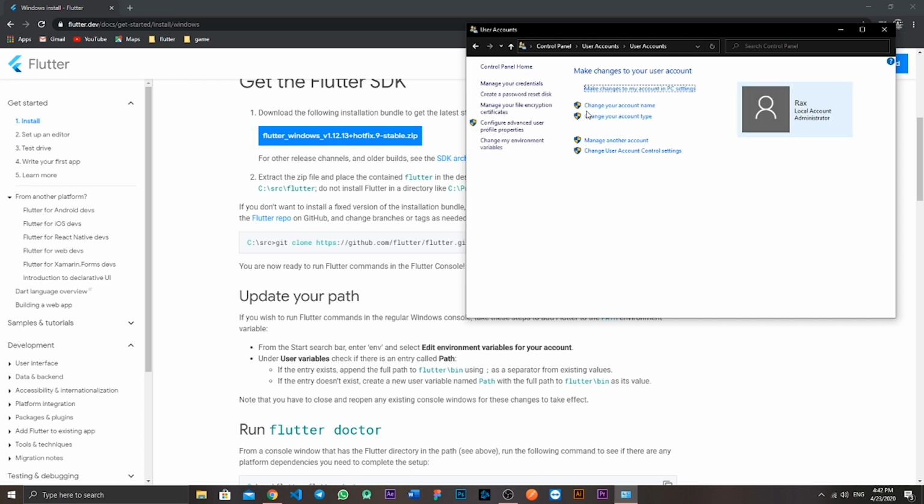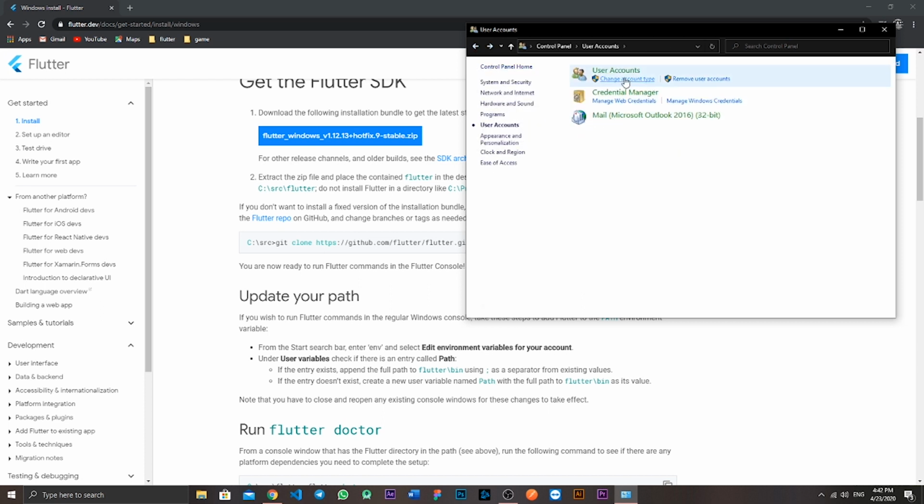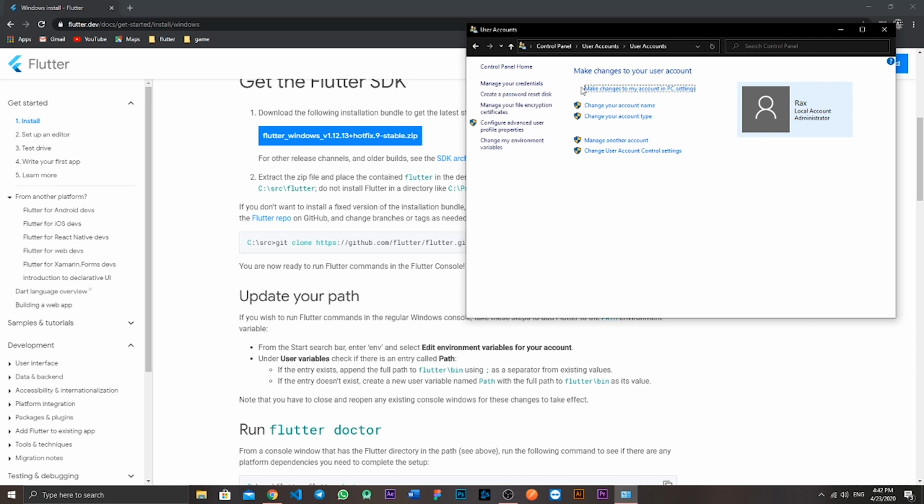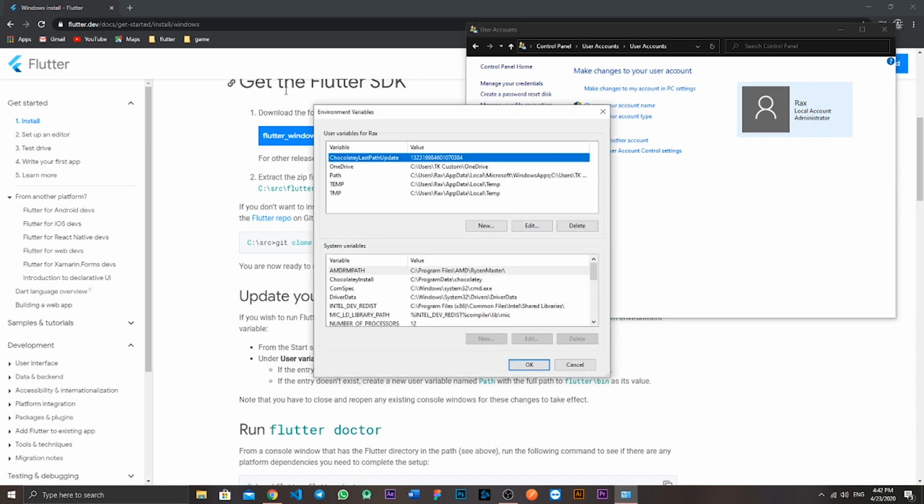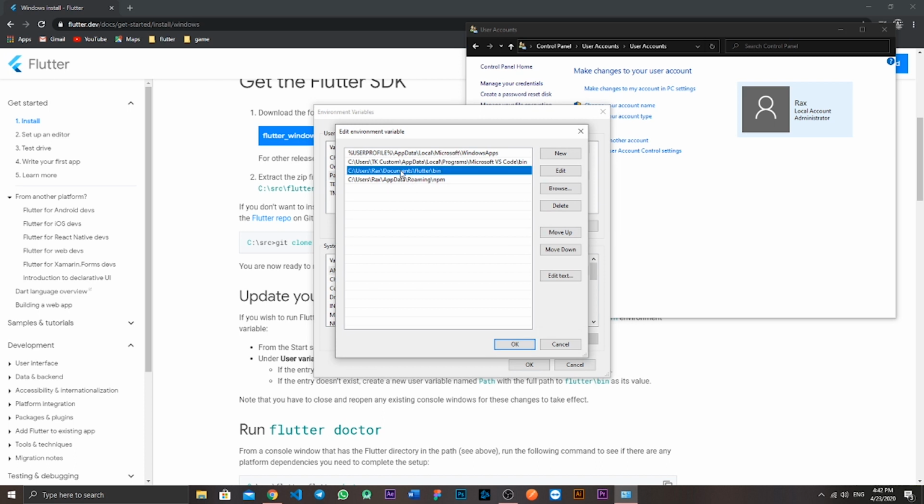You go to user account, click on another user account, and come here, change my environment variable, and you click here. It will show you this task bar, and then you click here the path, and then you click edit, and see, you need to go to the document Flutter bin,